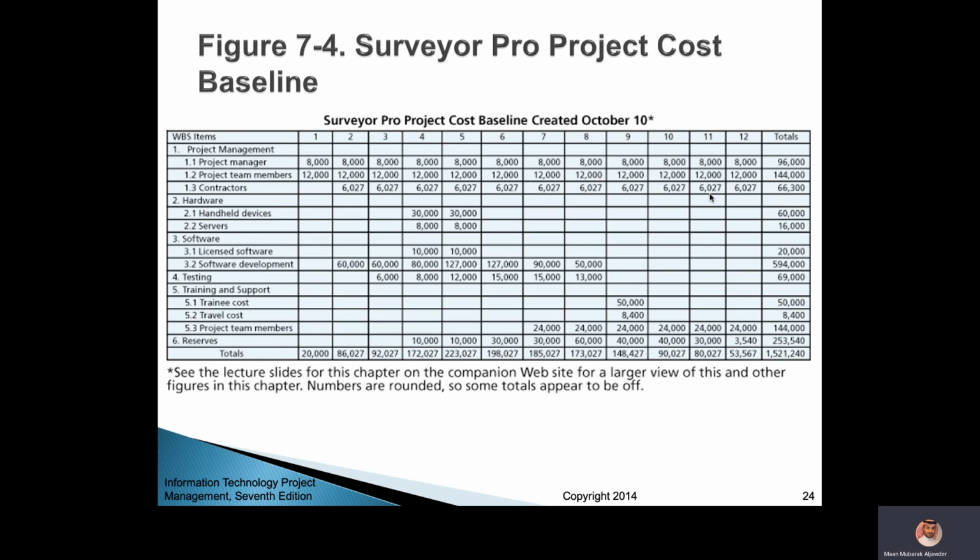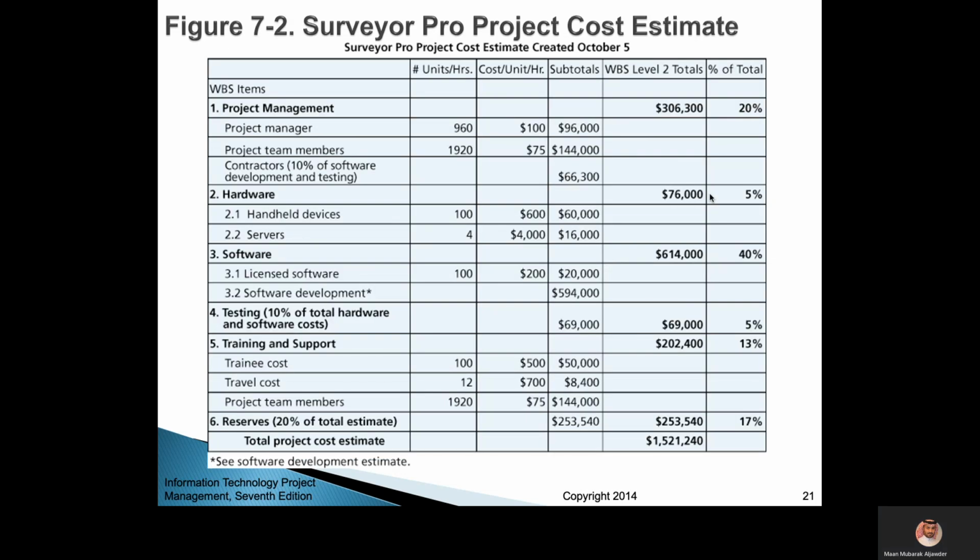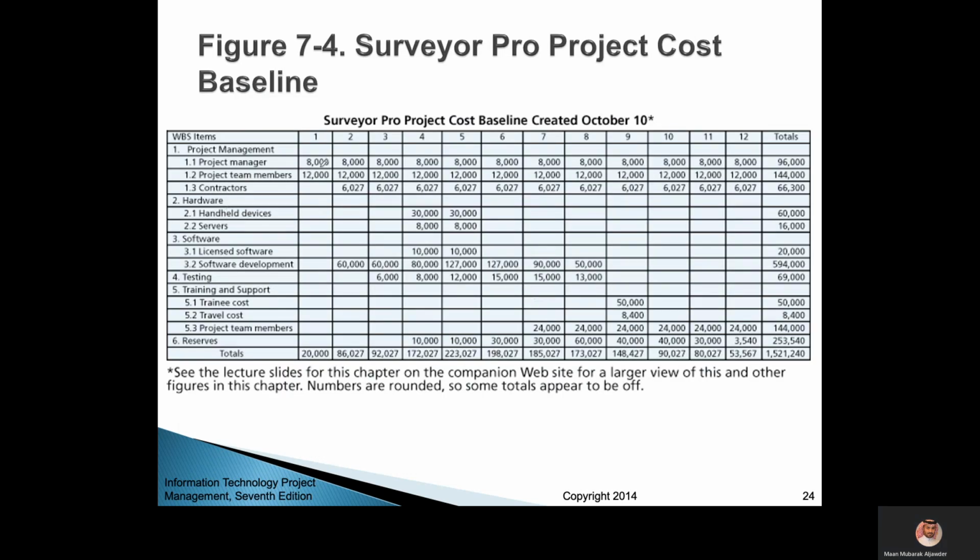Now this goes back to this example. Remember this one, this cost estimate. Now we will distribute this. See here, the project manager. The project manager total cost is 96,000, right? So we will distribute this in the table here. Here we will distribute the 96,000. Look at it here